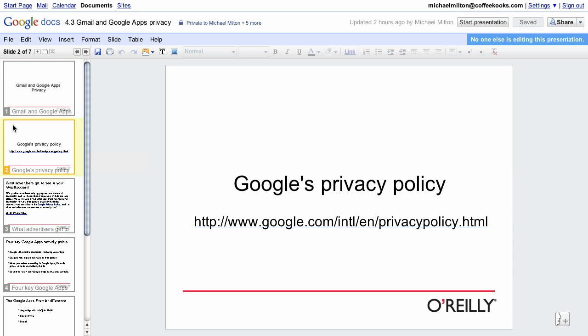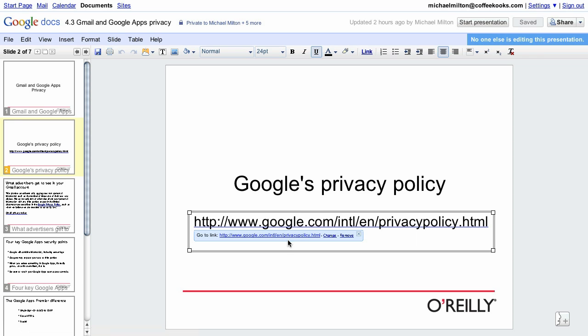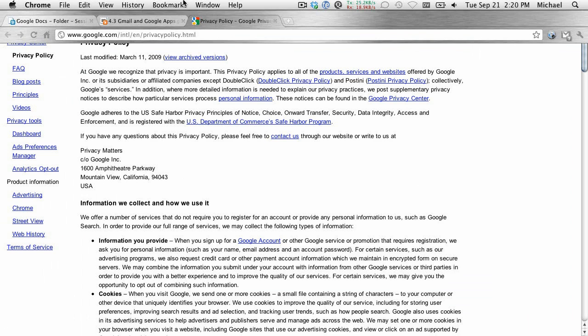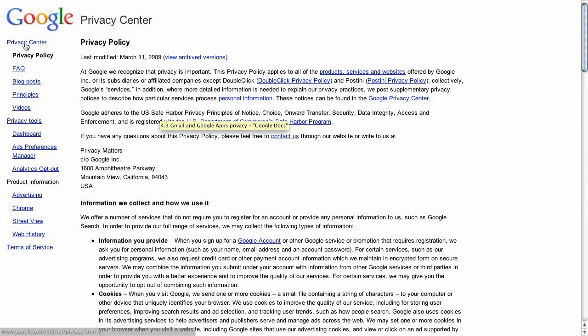If I click on this particular link right here, it will show me Google's privacy policy. Let me click on it to get you familiar with it. This is the privacy policy, which is the first link in the Privacy Center. And the way privacy works in the Google world is there are some basic principles that they implement across their entire suite of